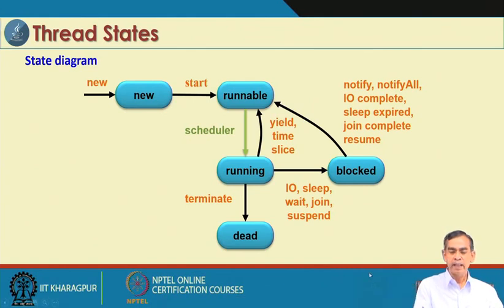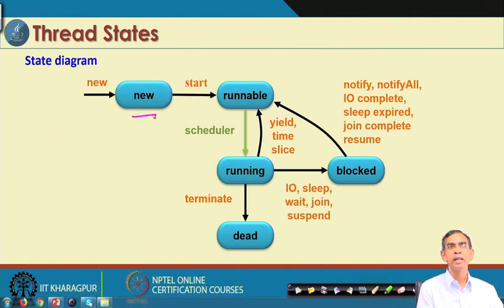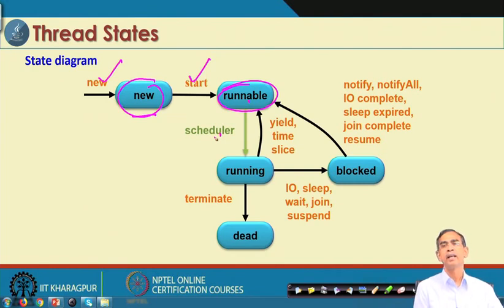As we have seen, a thread can be in a new state. Whenever a thread is created, it is in the new state, which means it has not yet started its execution but is ready to start. When the start method is called, the thread becomes runnable, and this is handed to the scheduler. It is basically the Java runtime manager; all the threads have now started, but are about to execute or run.